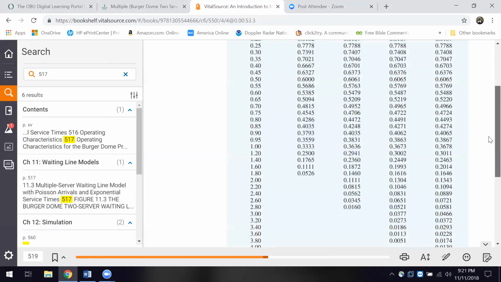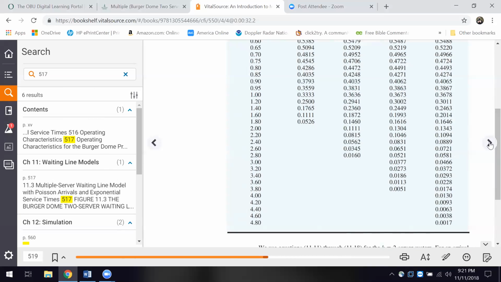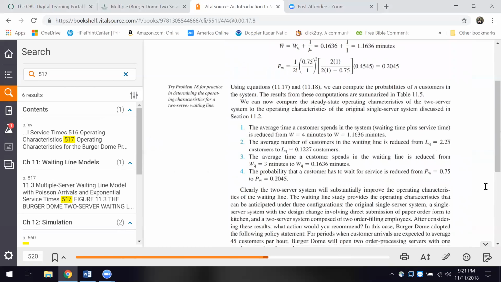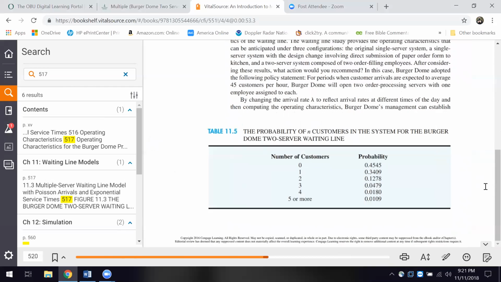Okay. And again, the exponential service times are the times between the arrivals. And they walk us through the equations again. Then we get the characteristics of this two server system versus the one server system. Okay. And we begin to see the probabilities. Nobody's waiting. One person's waiting. And then you see